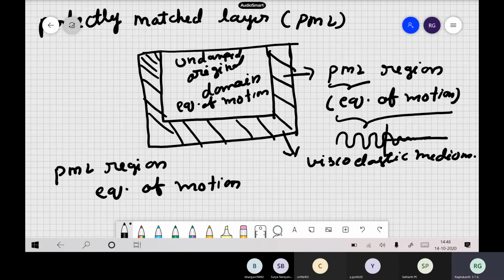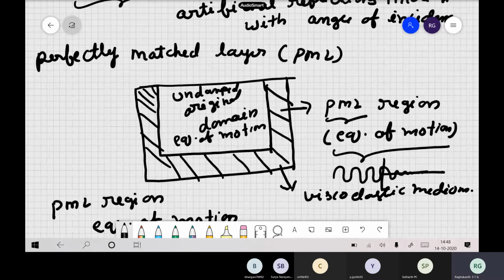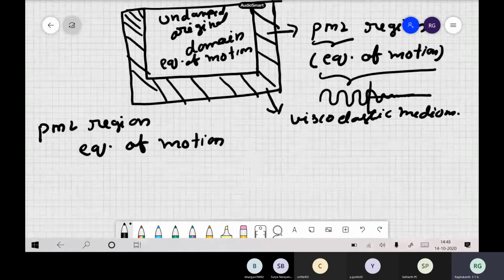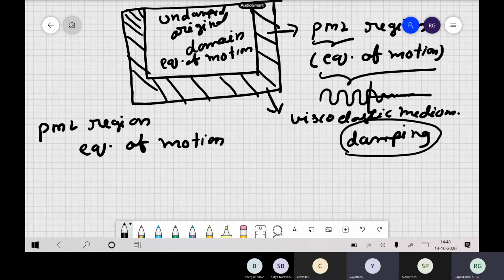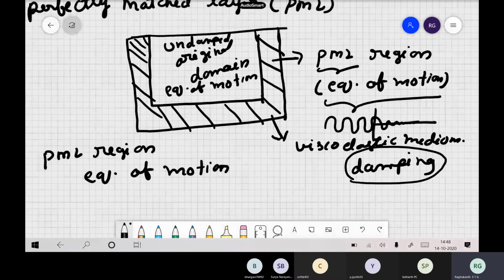See, previously we have discussed, in elastic materials you don't have any damping, but in viscoelastic material you have damping already. There is also memory in a viscoelastic medium. Memory is there, but damping is there, right? So it automatically decays. The main idea behind this PML is that the absorbing region, whatever region you are having, you model it as a viscoelastic material. That is a simple concept in our PML theory.